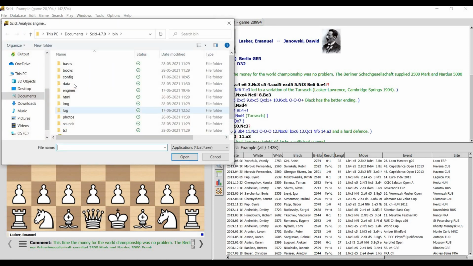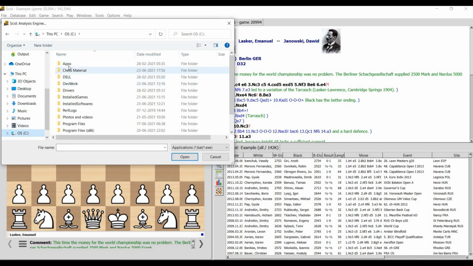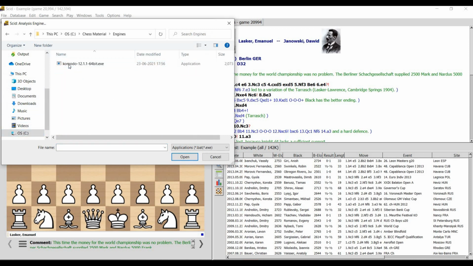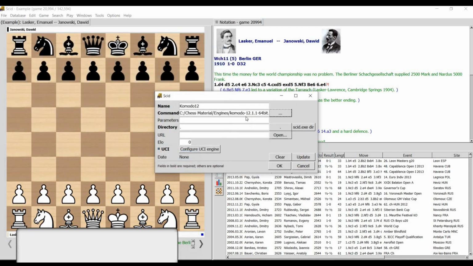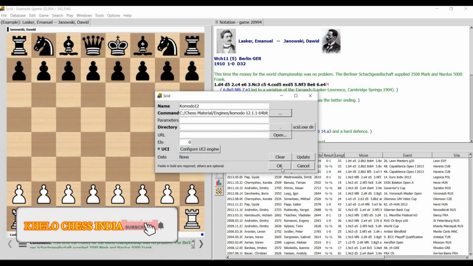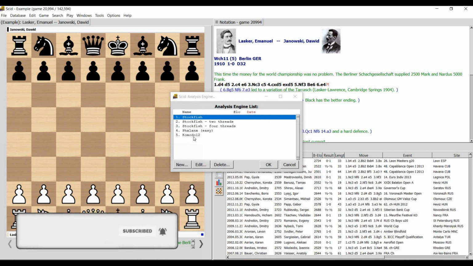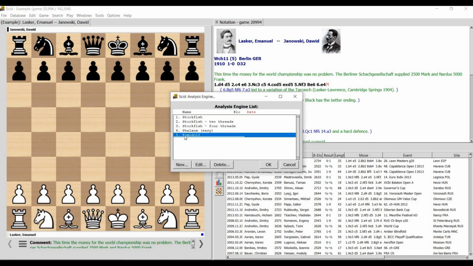Here it asks where exactly the engine is located. It's in our C drive, in chess material, in engines. This is the engine, so we give it the path and click OK. Once we click OK, you can see Komodo appearing in the list, and you can select Komodo and click OK.